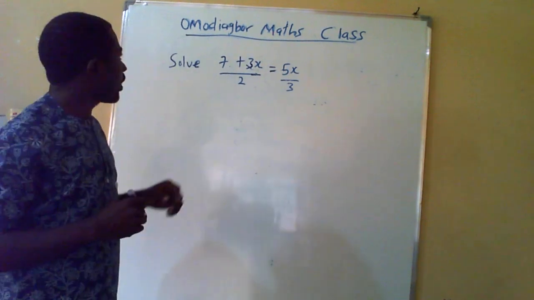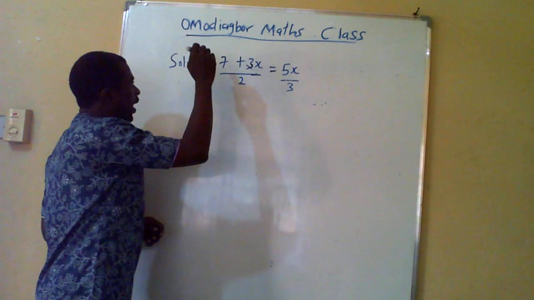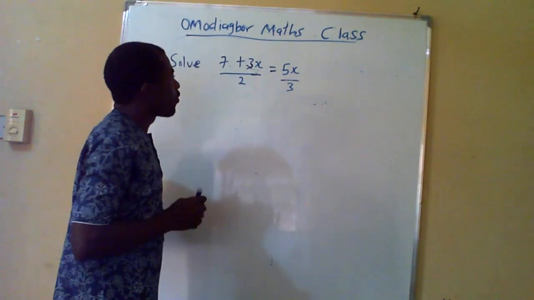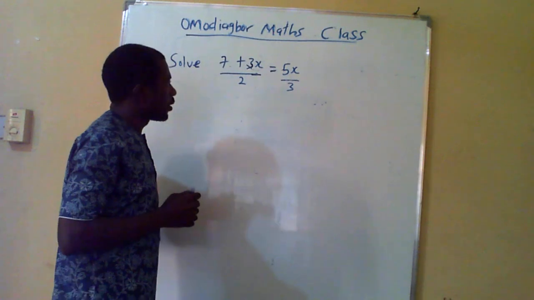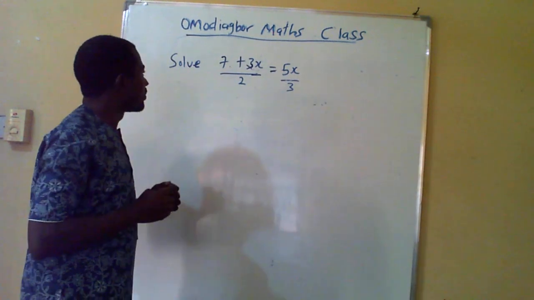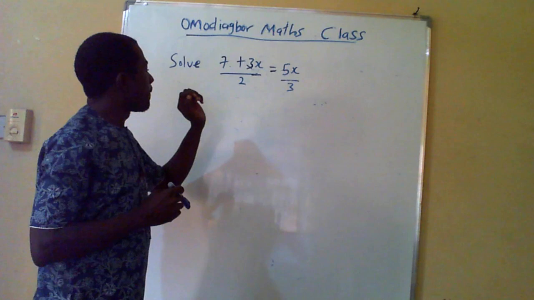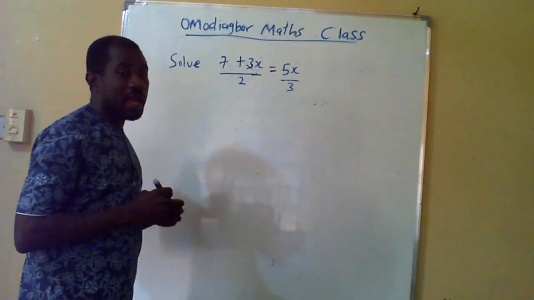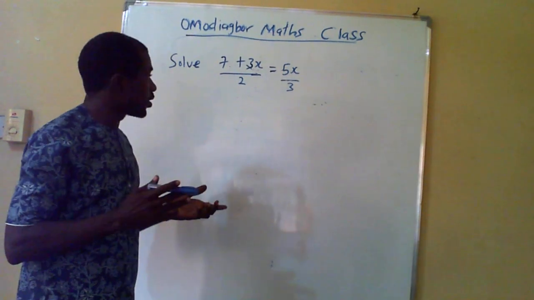Now let's dive into the question. The question is: solve 7 plus 3x over 2 equals 5x over 3. There are two ways you can do this. The first one is you can find the LCM of 2 and 3, then multiply all the terms to clear out the fractions. But the simple one, the second one, is you can go ahead